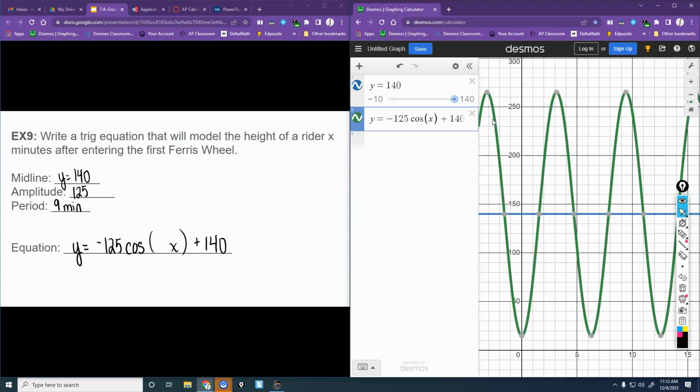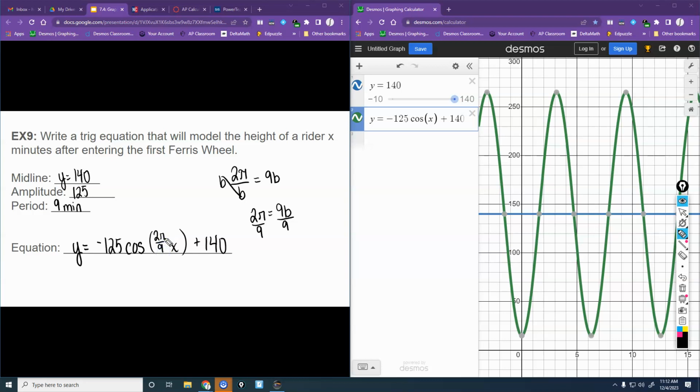All right, so to find the period, and you'll have multiple choice, so you won't have to do this a lot. This right here, I don't know what that is. To find the period, I have to do 2 pi divided by that number in front of this, right? And I need that to equal 9. Okay, so to find this by hand, I would multiply both sides by b. So 2 pi equals 9b. And I would have to divide by 9. So what goes where that b is at is 2 pi